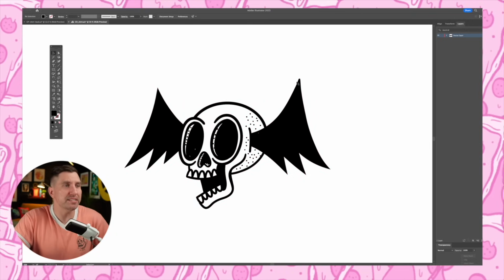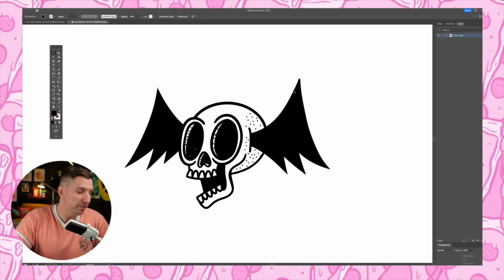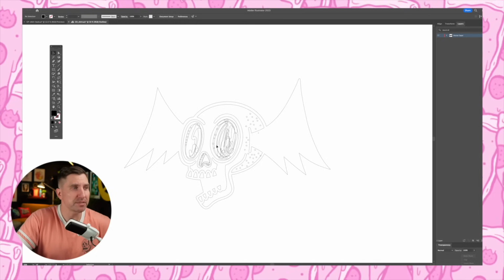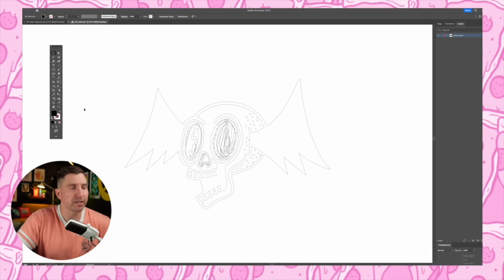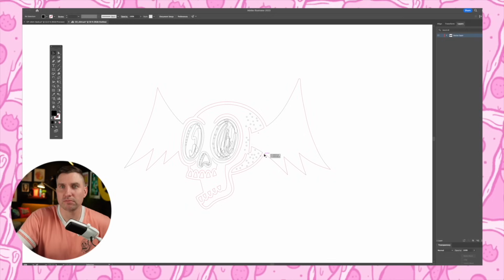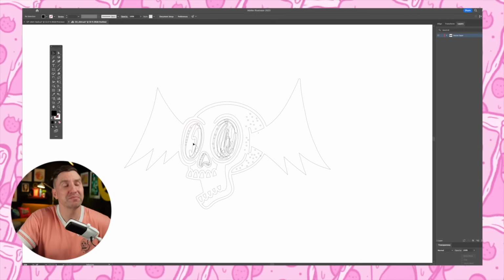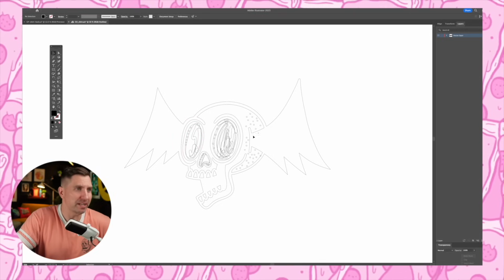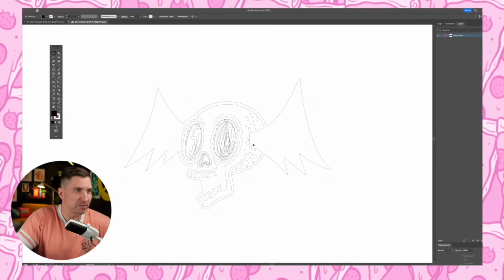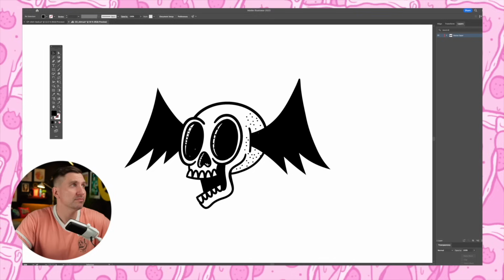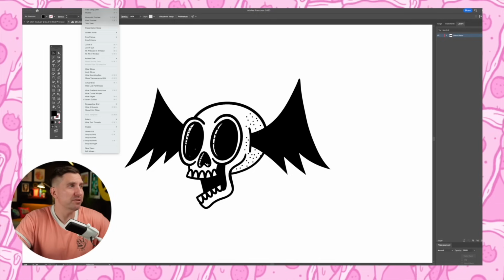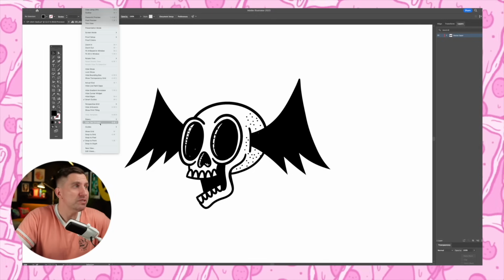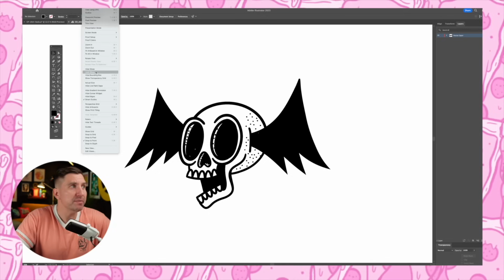Another way you can see this is by going into a thing called preview mode, which is Command Y. And here you can see the shapes that are making up our artwork. This is pretty awful. What I meant to say was this is also helpful for finding little pieces that you may have missed or need to get rid of. You can also get into preview mode by going into View and choosing Preview mode from this menu, which